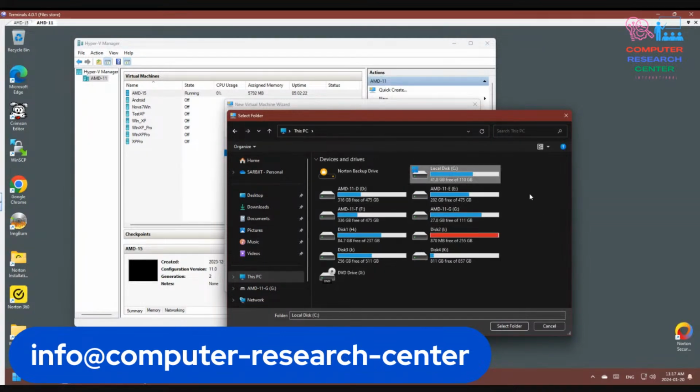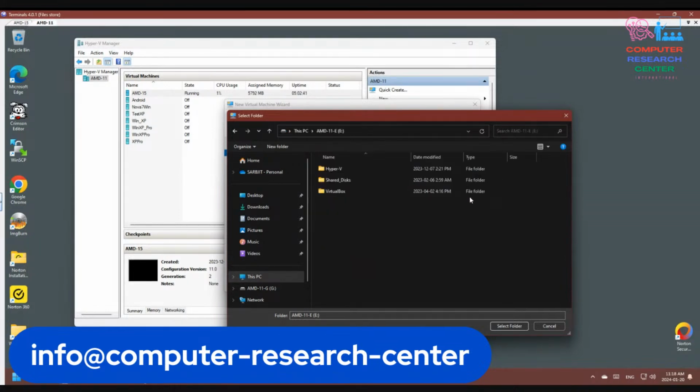We have a C drive, which we can select. We have D drive, which we can select. We can select E drive, and we can select F drive. There's G drive, H drive, I drive, J drive, K drive. So this is a real server, and I am doing so many practical examples here. So let us stay with the E drive, and inside E drive we have